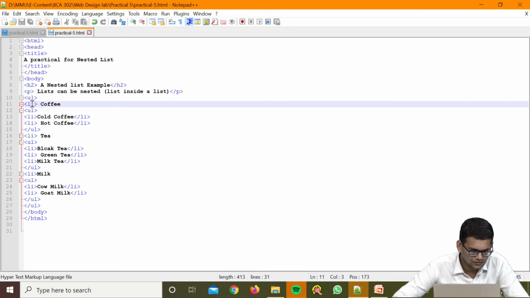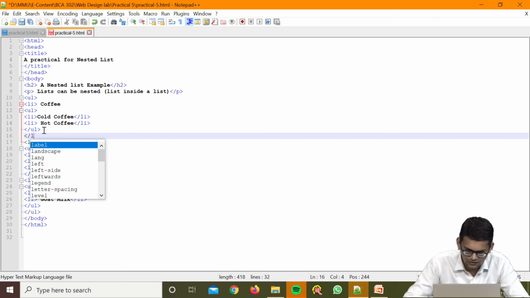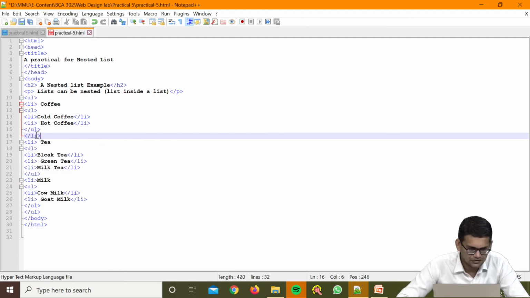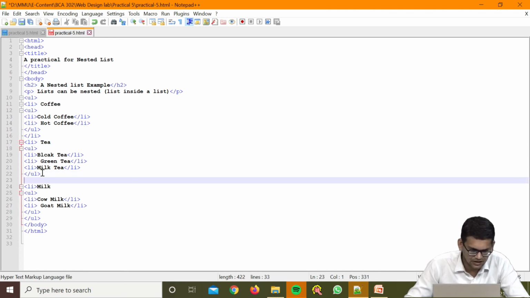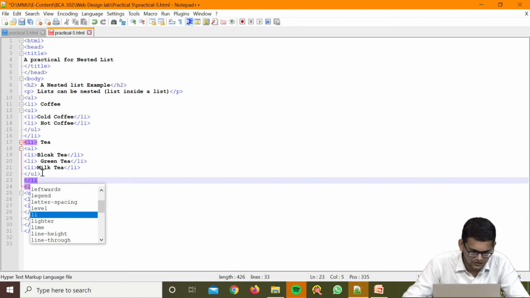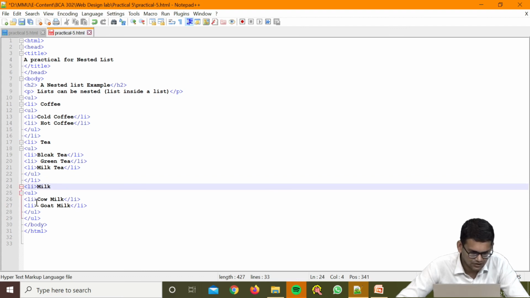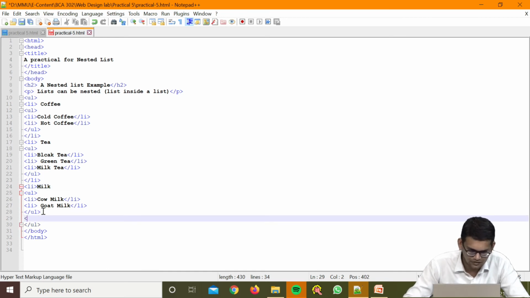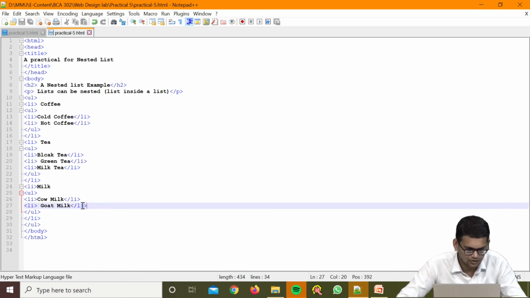So this is the benefit of the editor. So we can understand which tags are not closed. So this will tell us whether we have closed properly all the tags or not. So same for milk, we'll check. You can see here that this li is not closed. So after this ul it will be li. So in this way we can debug our program also, and now let's see the output, right.